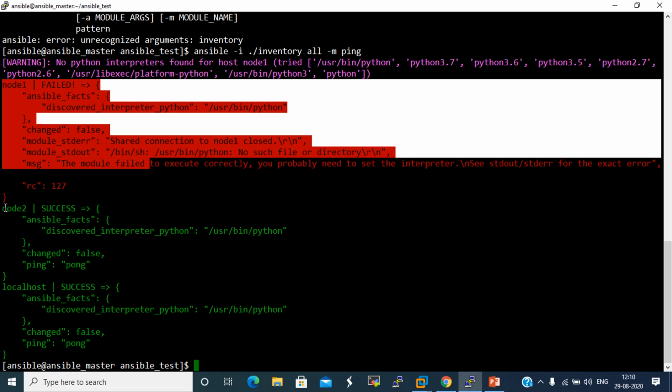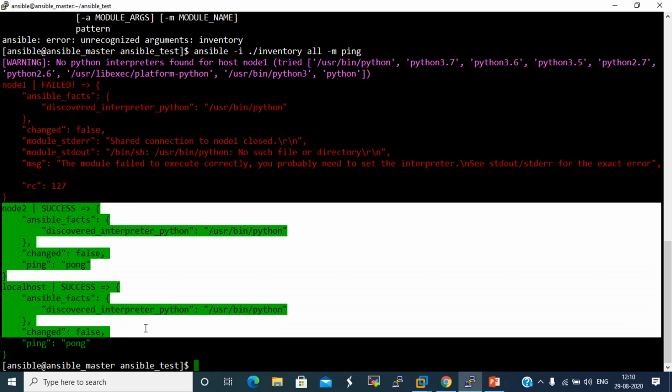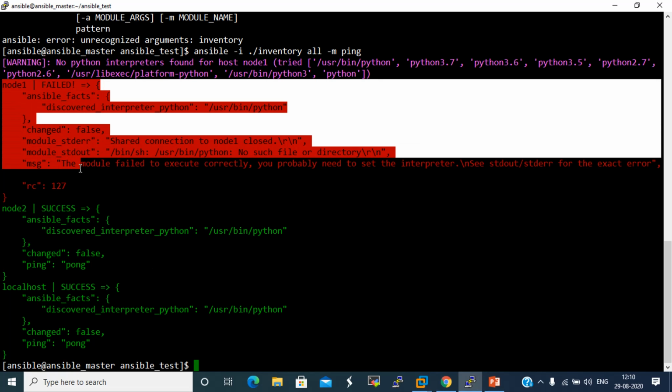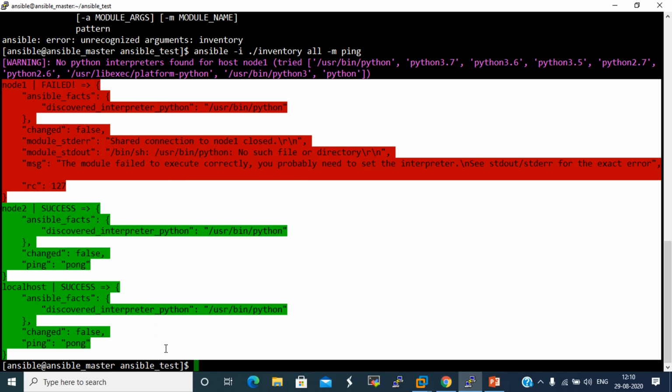For node 2 and our localhost, it gives us the response. It shows the output immediately because there are only three hosts, so it shows the output of the three.